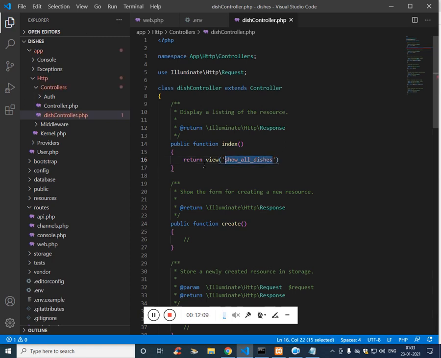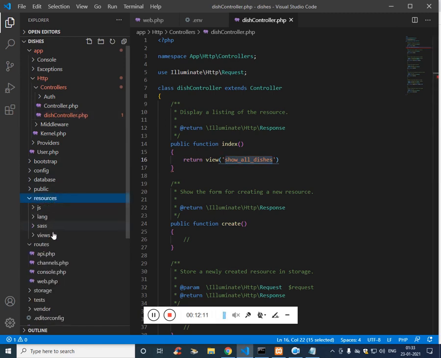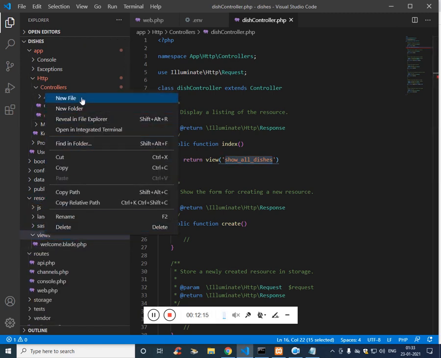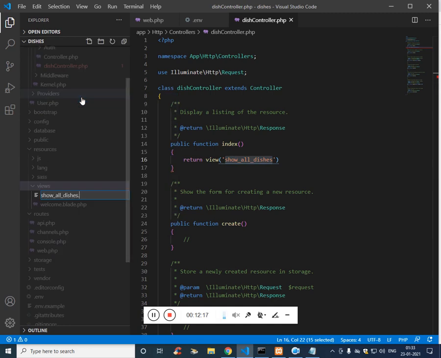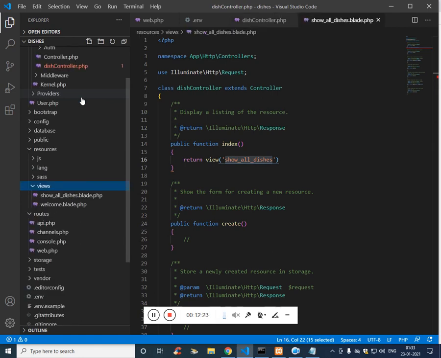So we'll create a file. Resources is the folder where we would be creating our PHP files, .blade.php. So let's open it.